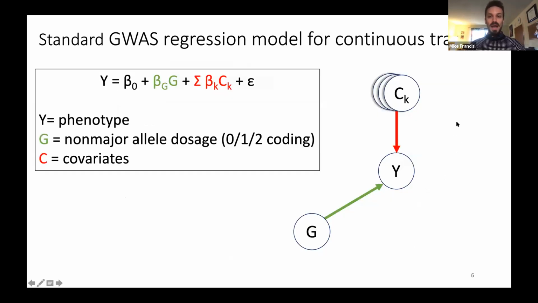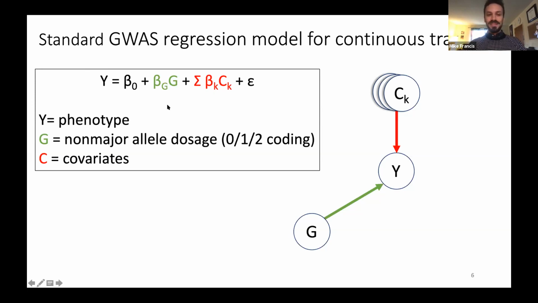I'll switch to talking about continuous traits. I know I was talking about cancer, which is a binary trait, but I'll talk about continuous traits. The only difference really is that for a binary trait, you're actually looking at a logistic regression, but since I'm doing a continuous trait, I'll just explain it this way. We can think about a standard GWAS formula as being like a linear regression, where Y is the phenotype. For example, triglyceride levels can range from maybe 3 to 7 millimoles per liter, I want to say.